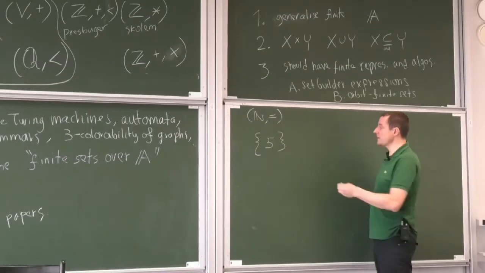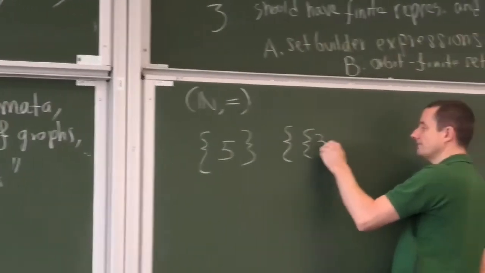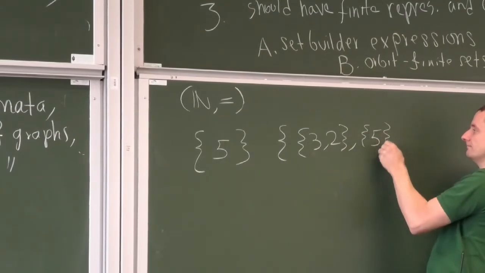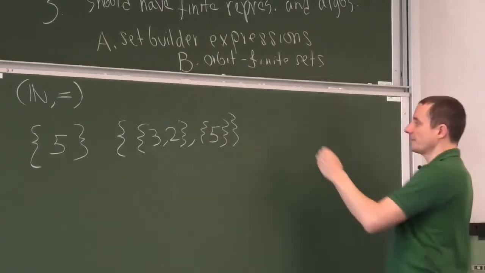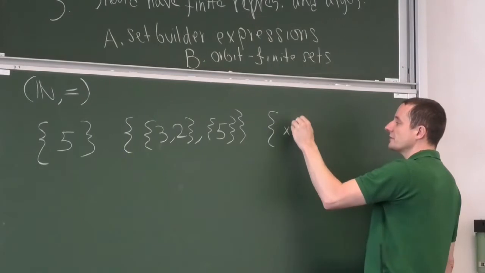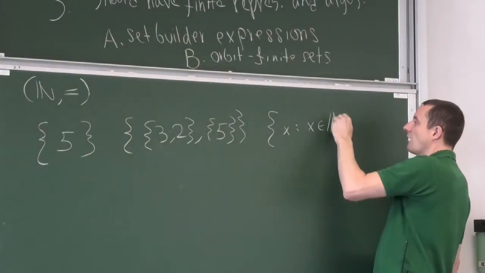This is going to be okay. Another one is going to be, you can nest these things. But then you can take infinite sets. So you can take, for example, all x's,